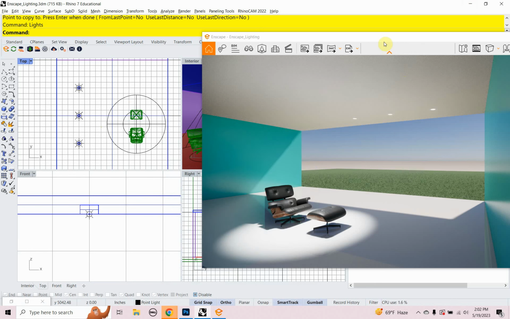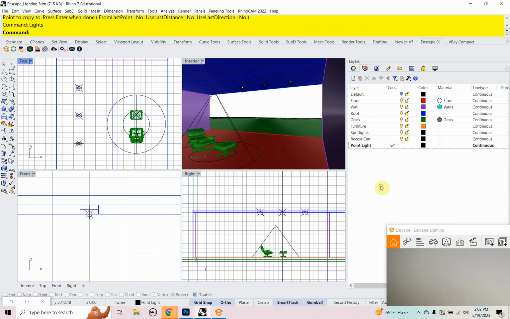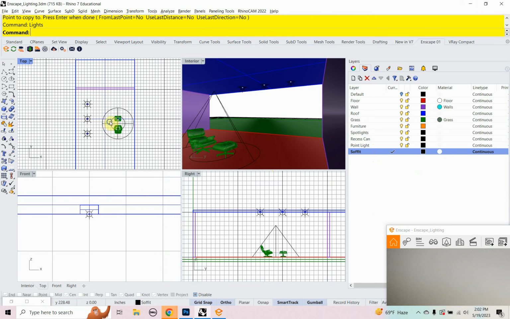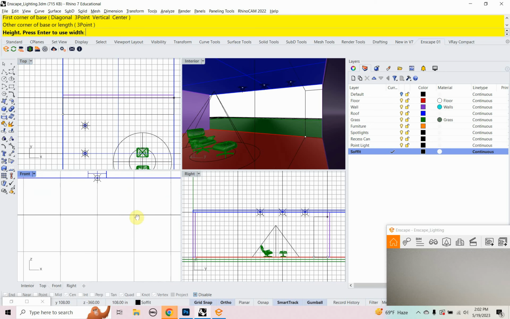Okay, so I'm going to go ahead and tuck this into the corner, and I'm going to make a new layer. I'm going to call this soffit, and I'll make that current, and I'm going to draw a little soffit. So I'm going to do that in Rhino. I'm just going to do it with a box. Just going to use my snaps for that, and I'll make it